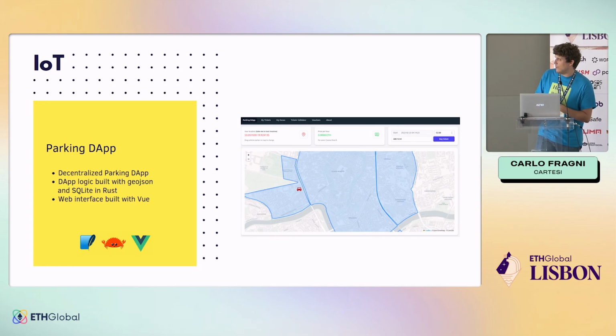The front end is web in Vue, and they use Rust and PostgreSQL on the backend. And they built this nice application in which you have the parking zones, you have the fees. You can just go in there and fill up your meter. Anyone can go in there and check that you're still on your time and do your thing. So it's a more traditional Web 2 application, made very easily inside the Cartesi machine.